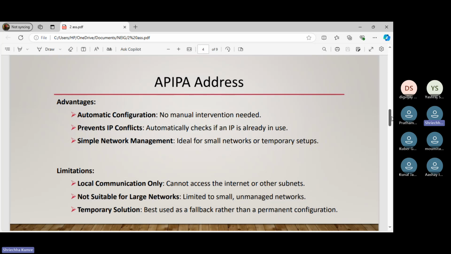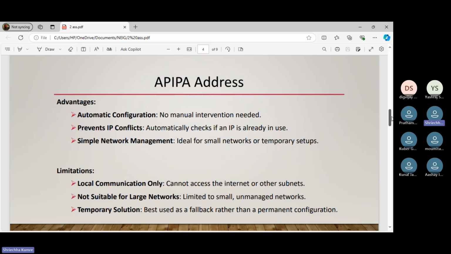Then it prevents IP conflict, meaning APIPA checks to ensure that the IP address assigned is not already in use. The other one is simple network management: APIPA is ideal for small networks like home or small office networks because it requires minimal setup.